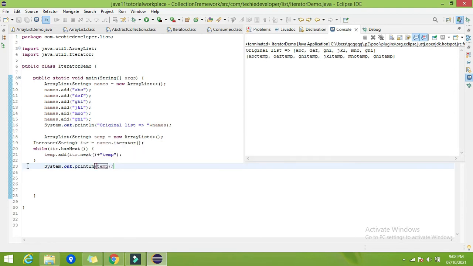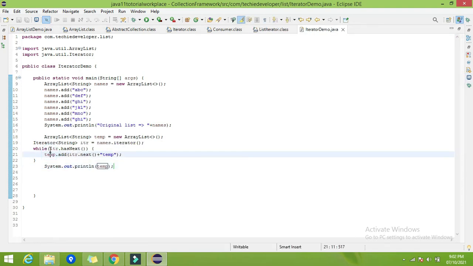I hope you are clear with these three functions as of now: itr.hasNext, then next. And the next method is now remove. Now suppose I want to remove ghi from this particular ArrayList. So how can I achieve it?